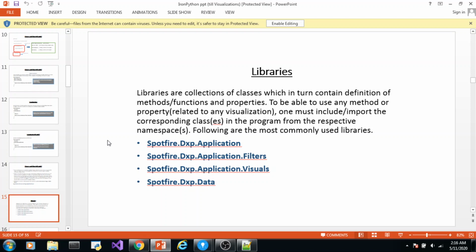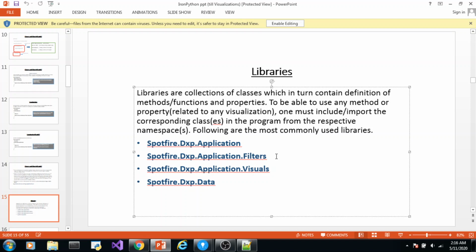For example, there is a library Spotfire.Dxp.Application. There are some methods or properties for which you have to first include a reference to this. Similarly, when you are working with filter panels and filters, you cannot directly write a program to access the filters. It will throw an error stating that this is not defined, that is not defined. Why?